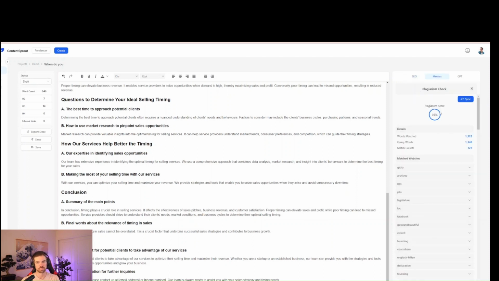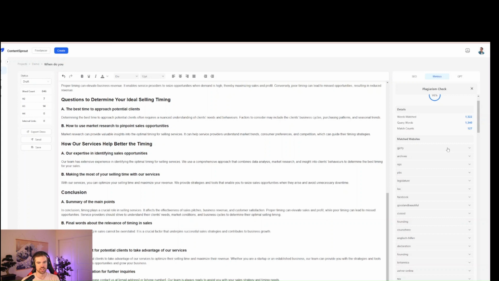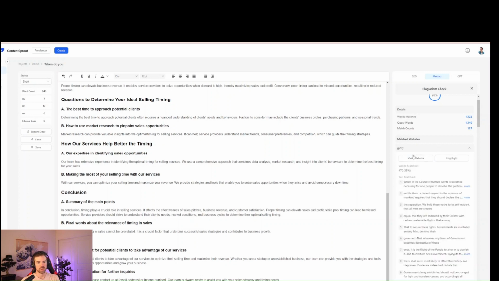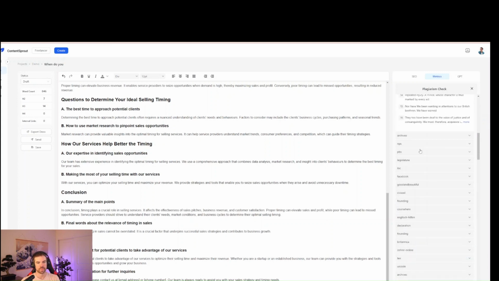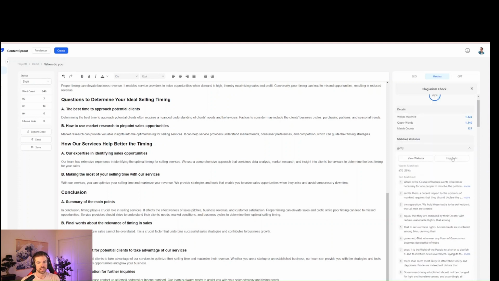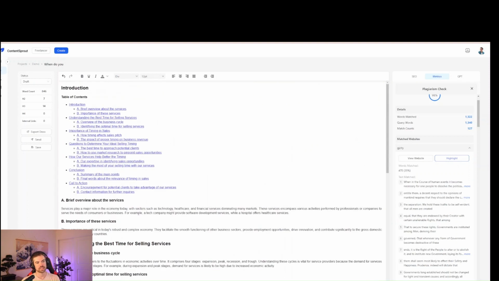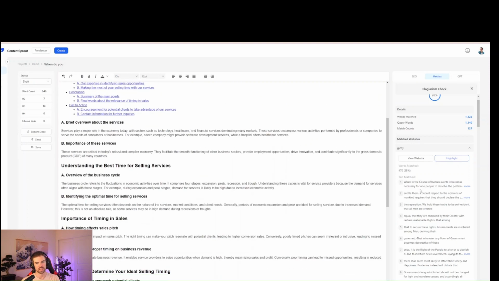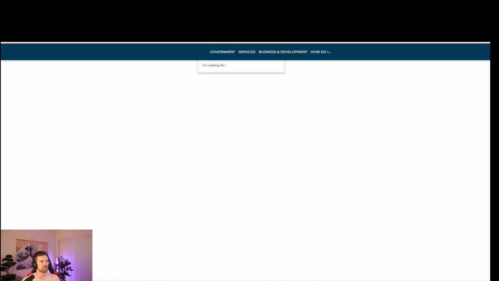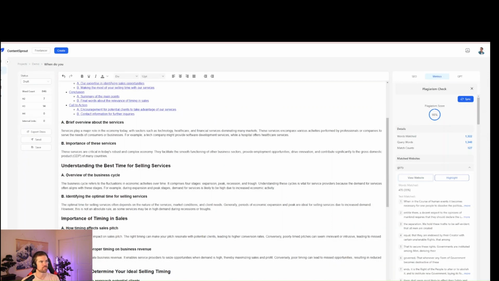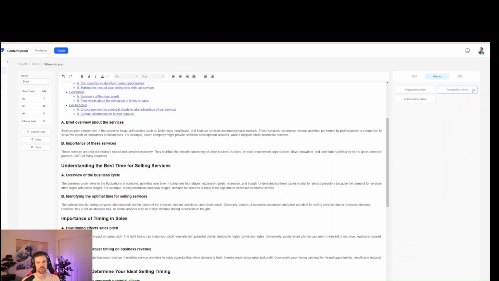So this one is a plagiarism checker. You can see everything here, matched websites. Great, visit it, highlight it, great. If I highlight it, actually I haven't done this, so I don't know if this part is live. The idea is to give you the ability to see where exactly this is happening. You can view the website, takes you to the website. Yeah, boom. Okay,